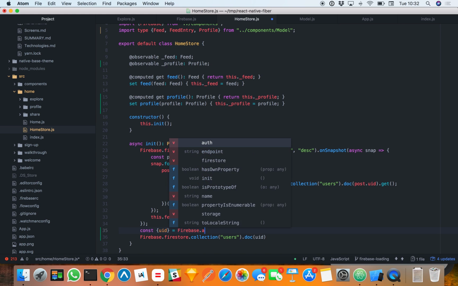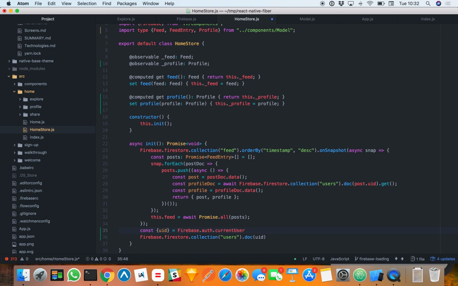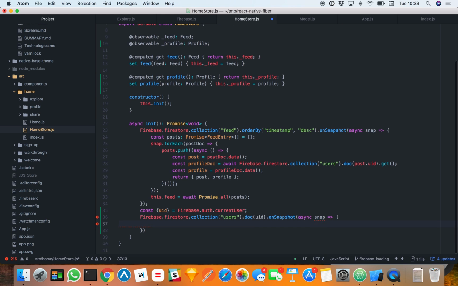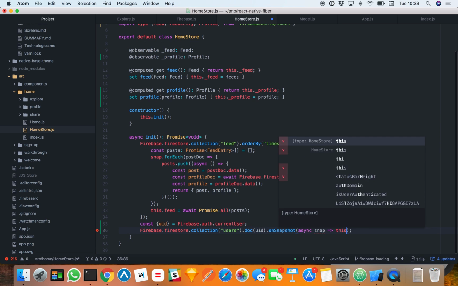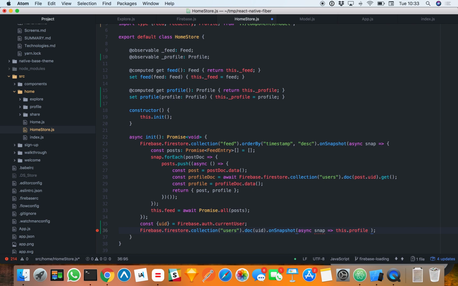So it's Firebase auth current user. And on snapshot, and I think we can just simply assign this profile to